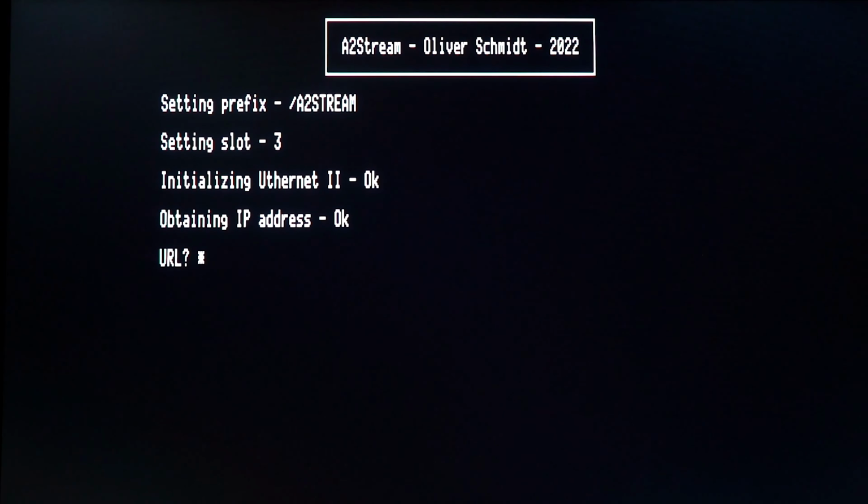After startup, A2Stream automatically gets an IP address and prompts for the URL of the file to stream. Such an A2Stream file is specifically generated for the A2Stream program. The project website contains URLs of several sample files I have generated.